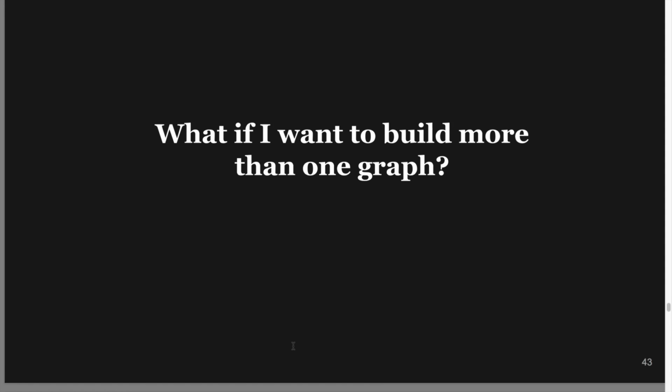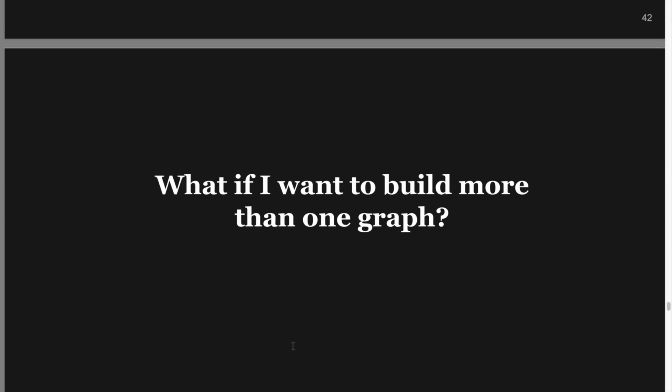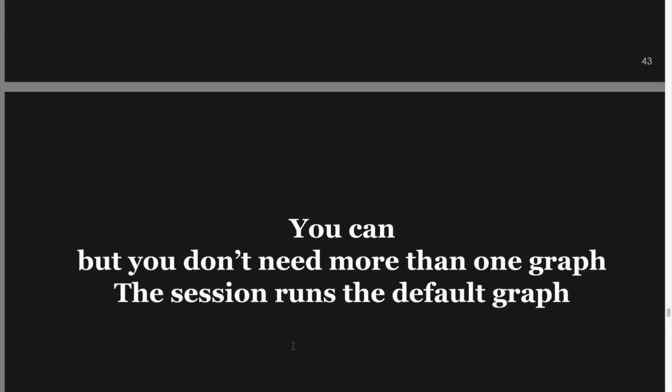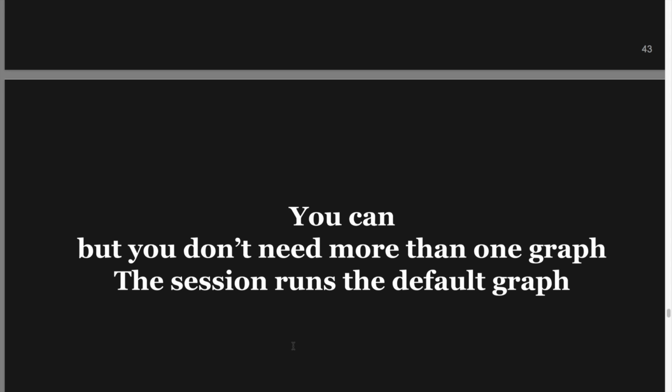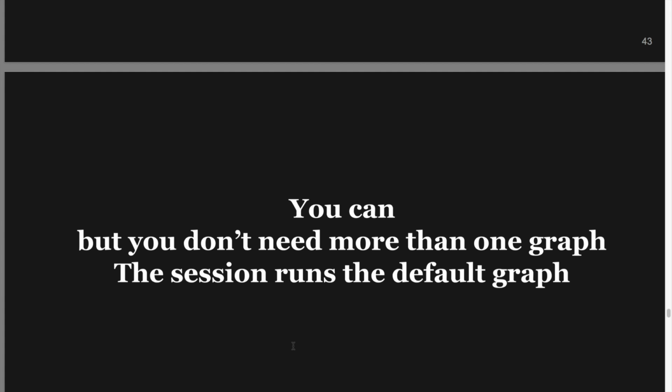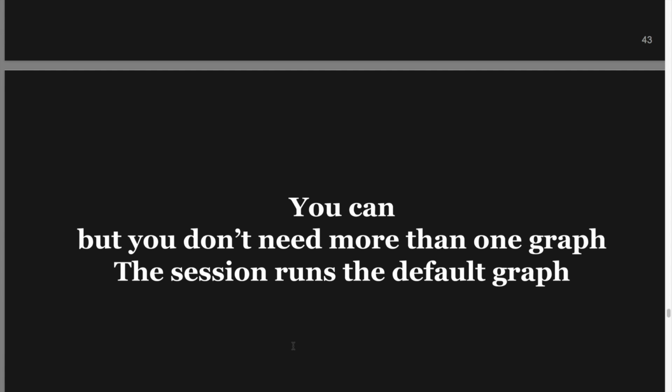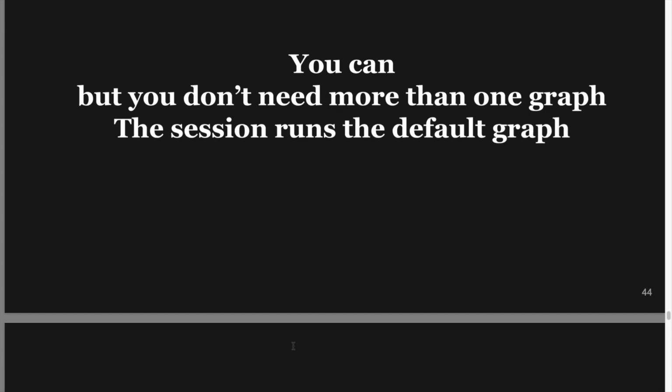Now, what if we want more graphs, right? Whenever we start putting in various operators and creating our graph, TensorFlow provides this default graph that we are actually putting our nodes and our variables in, right? And when we do the session.run and put in an operator like op3, what we did earlier, the session is actually using that default graph. So if you want to have multiple graphs, and Chip seems to be having a very strong bias towards not having multiple graphs,